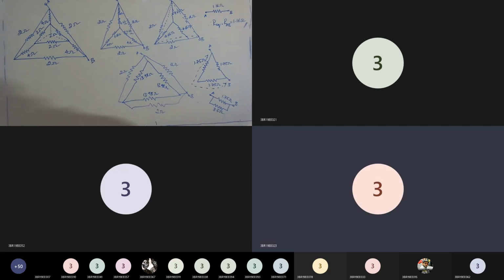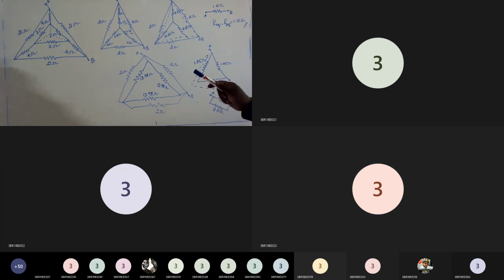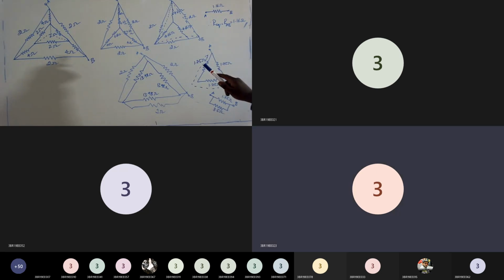So together, how many transformations have we done? First one, the inner delta, we converted that to star. Then after converting that to star, we got some series resistances. Simplifying that, we got